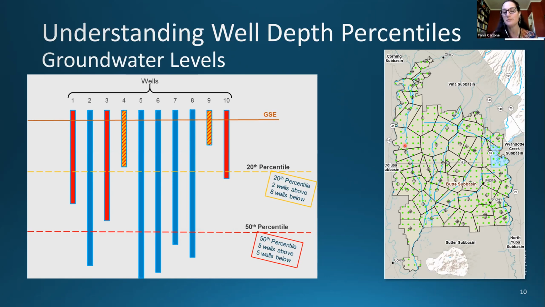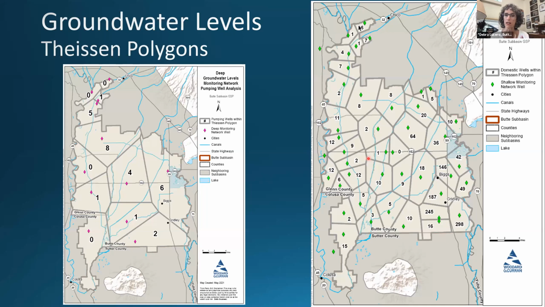Supervisor Lucero? I just had a follow-up to Ann Jeanette's question. Within each one of these areas that you've identified, it does include all of the wells according to the DWR data, is that correct? All of the domestic classified wells. Right. Yes. Okay. And yet we don't know the total number of wells in each section, nor the total depths. Yeah, we do know the data provides a total number of wells in that area.